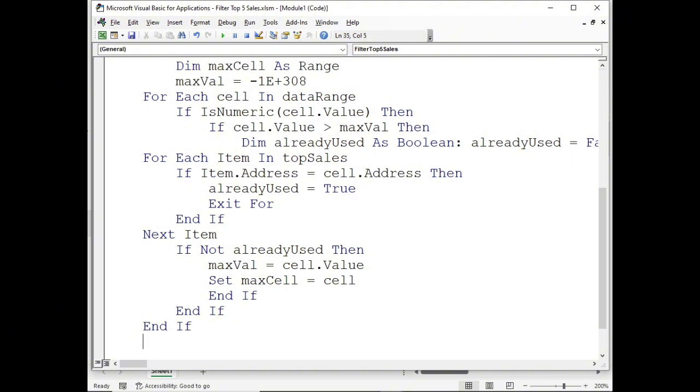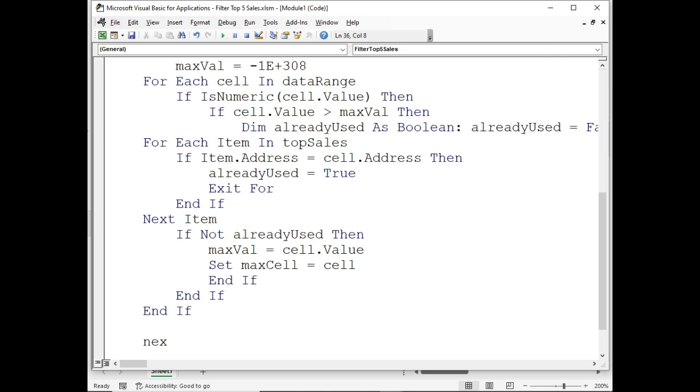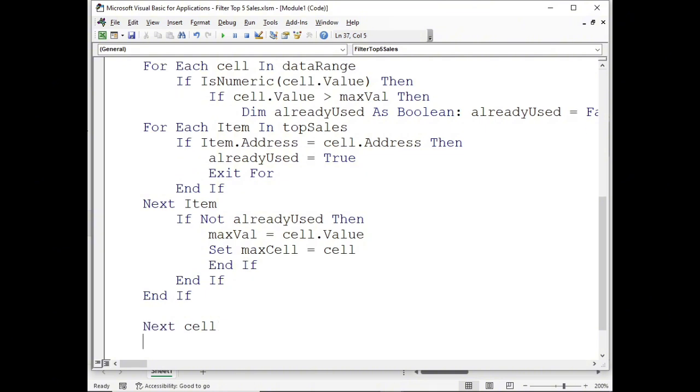Okay, then Next cell. So our loop will run. I'm going to say Next cell, the loop for each cell. Okay, so again, If Not maxCell Is Nothing,